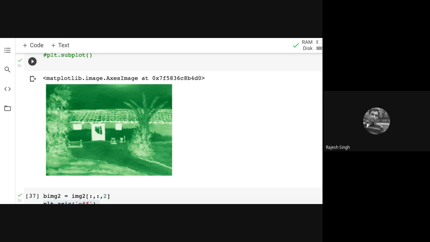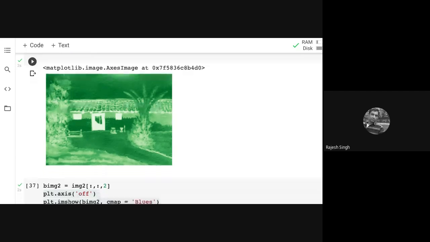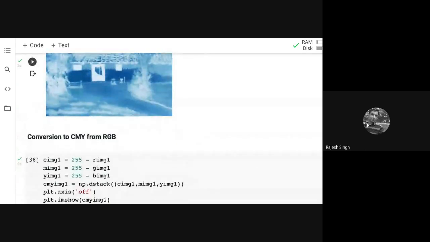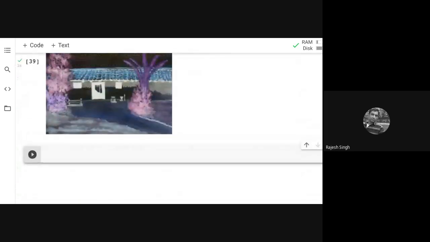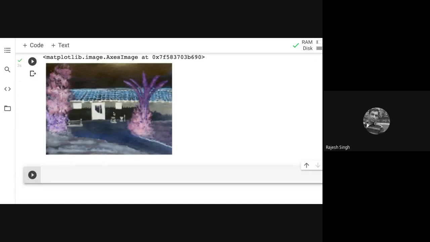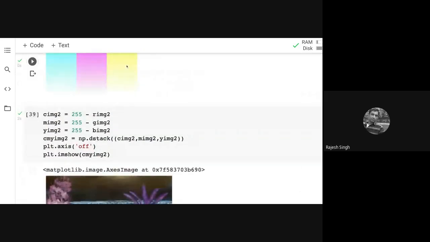So to alter the color values, we can take any component and we can change its values. So let me just first take the red component in this image.